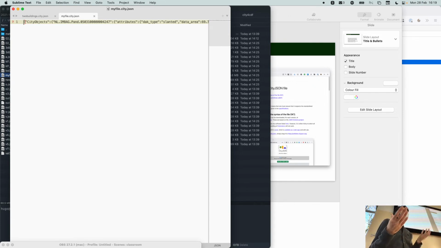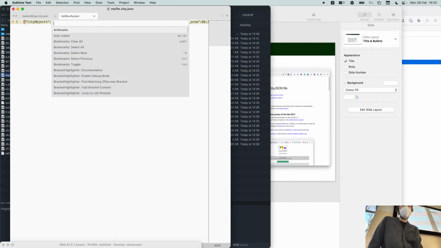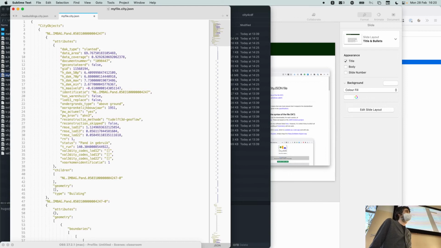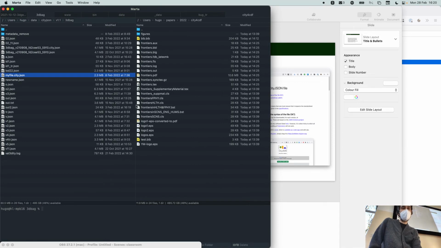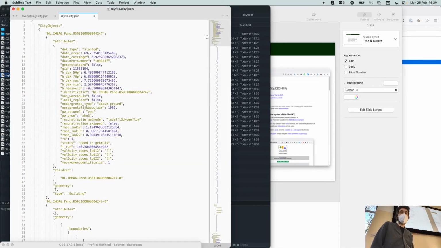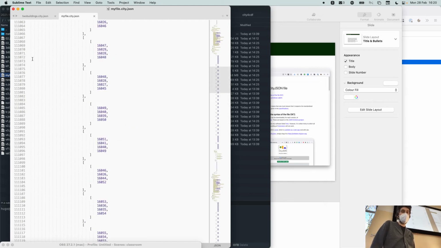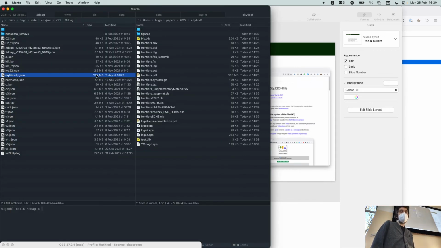So if you open it in VS Code, I guess you're using, or CLion or whatever, I think that there's also a function to say pretty print. So I have it in Sublime Text. If I just open a file like that, I can say pretty JSON, format JSON, and then I obtain something like that. And if you notice, the original file here is 2.3 megabytes, and then if I decide to print it nicely with spaces and tabs and everything, if I save it, then it goes from 2.3 to 13.2.